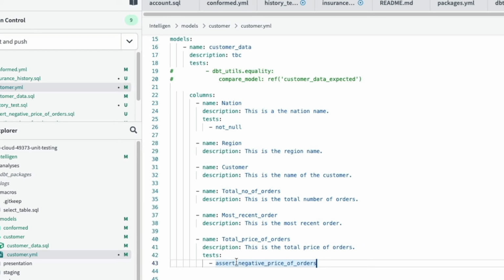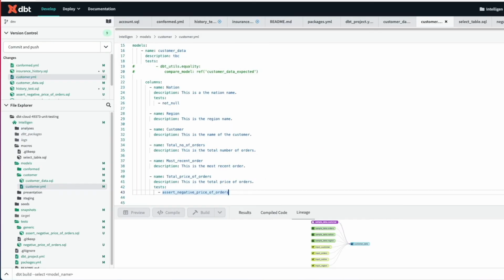In this case, it's going to pass through our model name, customer data, and the name of our column, total price of orders, into here. We click save on there, and then we can go and run our test again. So dbt test